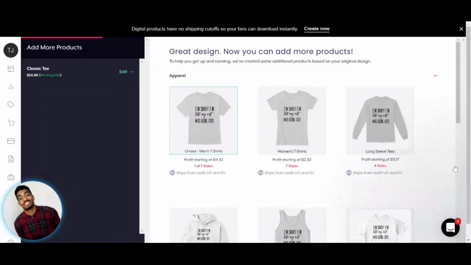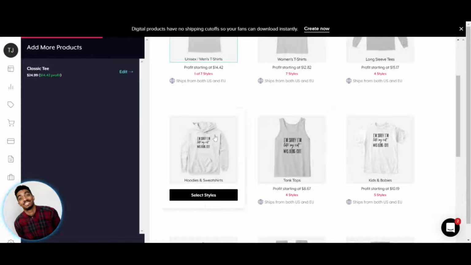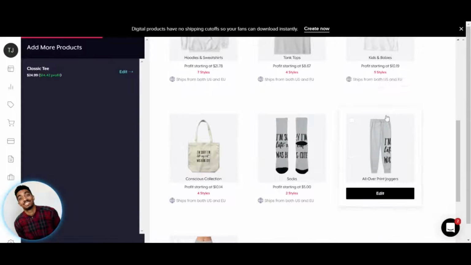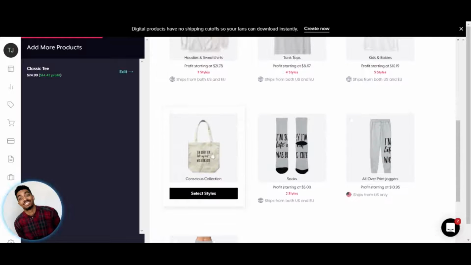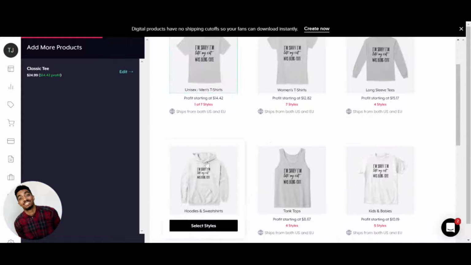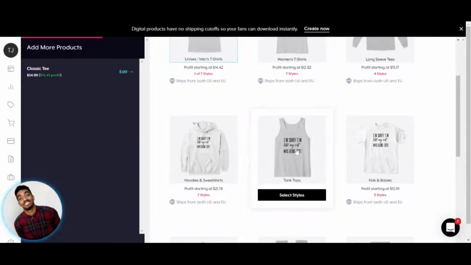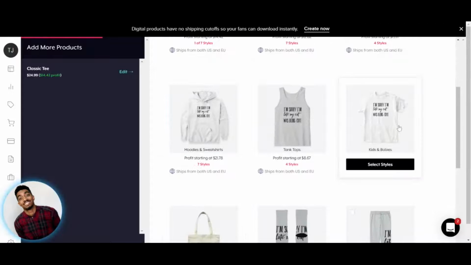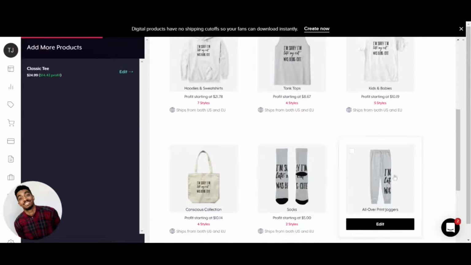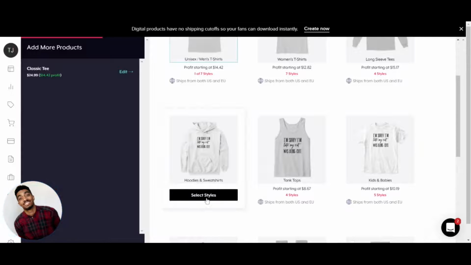Okay, so as we come to the end of this, we are now met with a few more options of how we want the design to be presented. We can select some additional styles if we feel we want to make, for example, a woman's tee, a long sleeve tee. If we want to have tank tops, hoodies, all these different styles are automatically presented to you to add. I think we could add a hoodie in here. I think we could also add a tank top. I don't know that we would need kids or baby shirts or any joggers or anything like that.